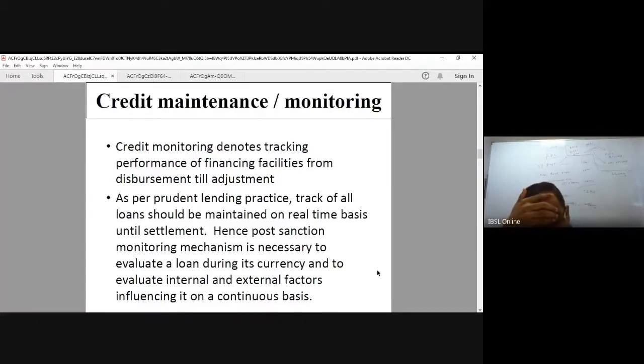And post-sanction monitoring mechanism is very important. So that's why you look at it continuously, you make customer visits. You go and do stock inspection, right? You look at the age analysis of the stocks. If you find that the customer is giving about 2 months, 3 months credit period and then selling the stocks, and then if you have stocks more than 1 year, it's not a good sign,